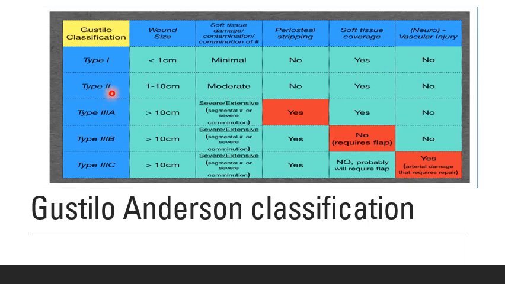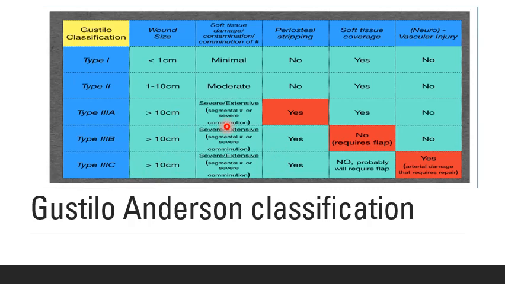Type 2 is more severe than type 1 but less severe than type 3. Type 2, the wound size will be in between 1 to 10 centimeter. Contamination and comminution of fracture will be moderate, and rest of the three things will be similar to that of the type 1. Type 3A and type 3B, type 3C will all be similar in these three columns: wound size